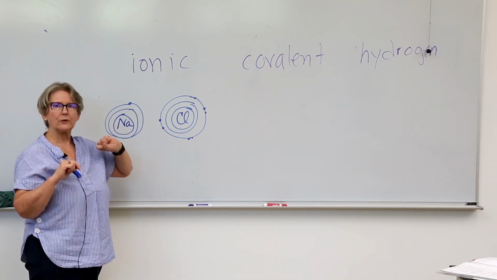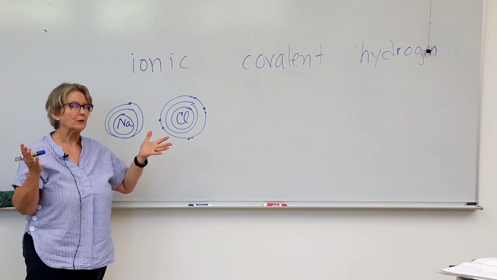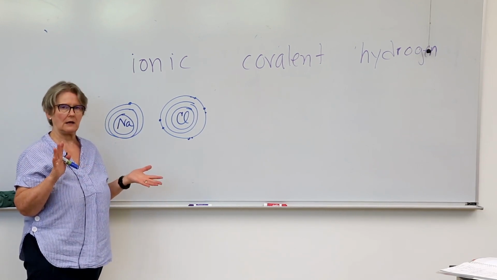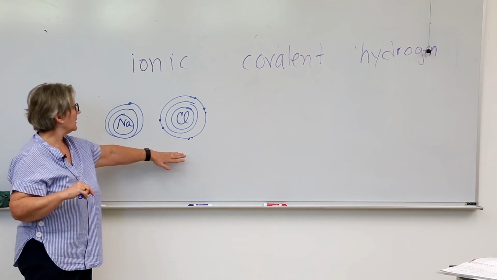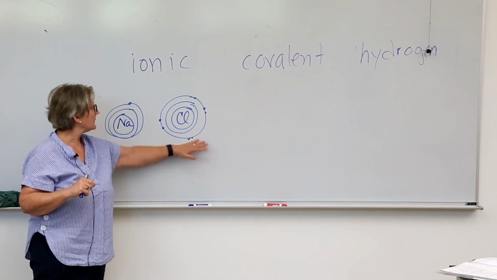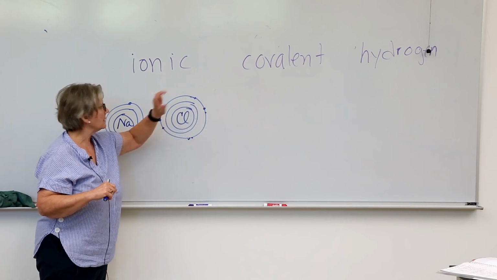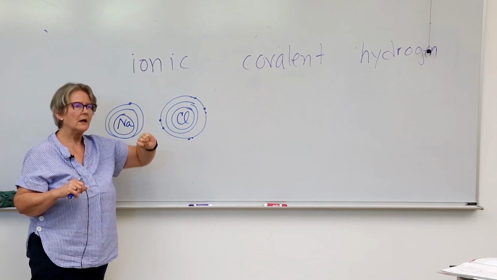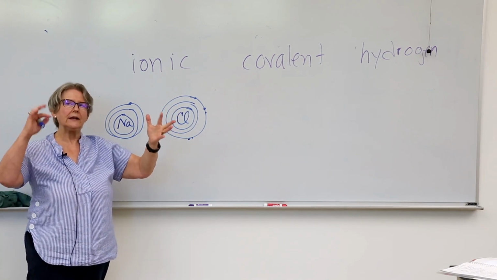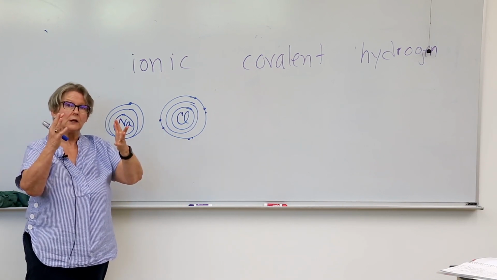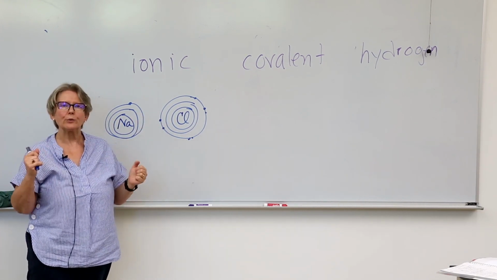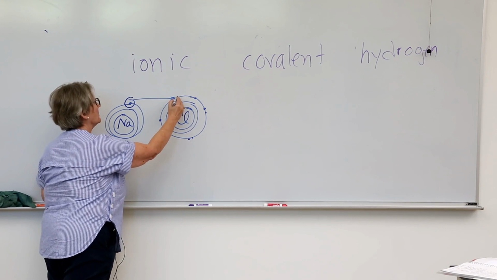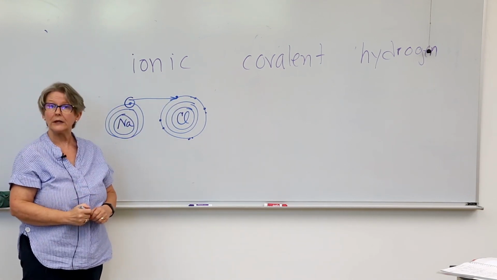So, sodium and chlorine. Sodium has 1 electron in that outer energy level. So 8 is the optimal number. Gaining 7 electrons is just not going to happen. It's just not physically possible. Chlorine, on the other hand, has 1, 2, 3, 4, 5, 6, 7 electrons in its outer energy level. It wants 1 more. So if you were to bring a sodium atom and a chlorine atom next to each other, a miracle would occur. Actually, it's called a chemical reaction. This electron from the sodium atom would actually travel over to here and join up with the chlorine.